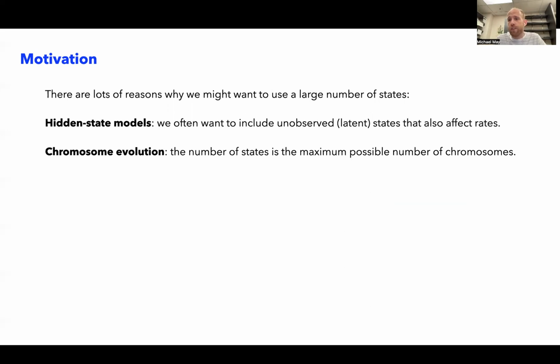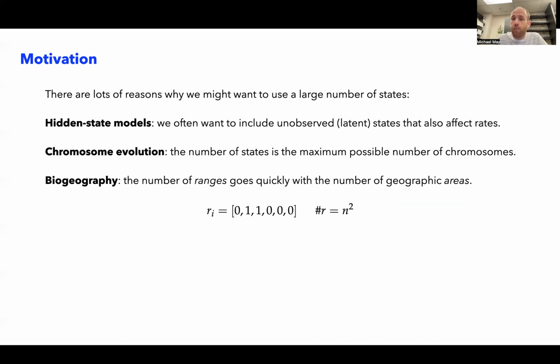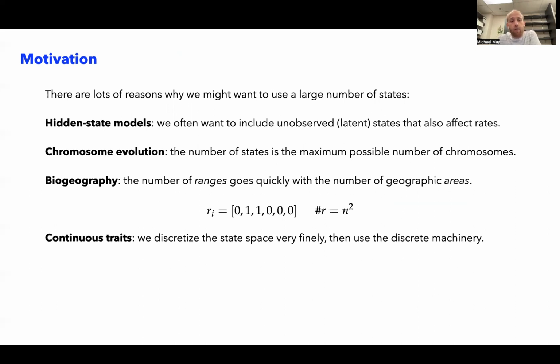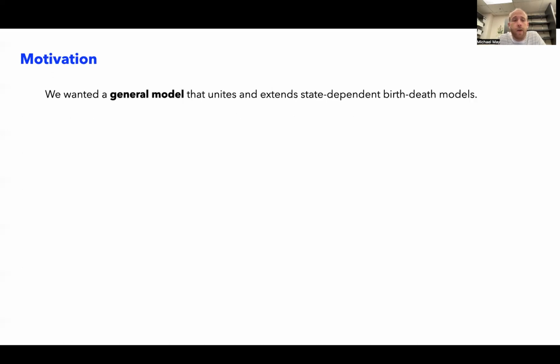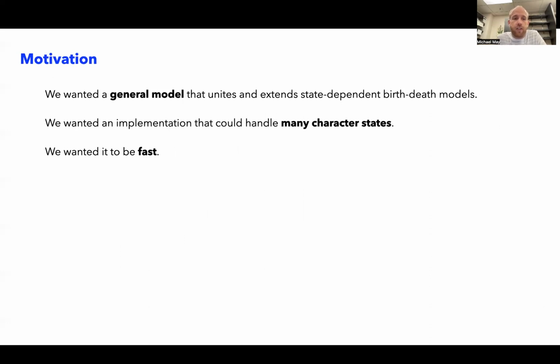In models of chromosome evolution, the states are the number of chromosomes, which can be quite large. With geography, the number of possible states scales very rapidly with the number of individual areas that we're looking at. And when we analyze continuous traits, we'll discretize those into a large number of bins and then use discrete machinery. So in all of these cases, we end up with a model with a large number of states. When we were writing TensorPhylo, we wanted a general model that unites the functionality available in a bunch of different programs. We also wanted it to be able to handle a large number of character states,